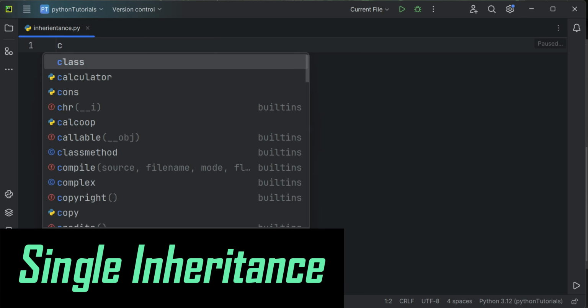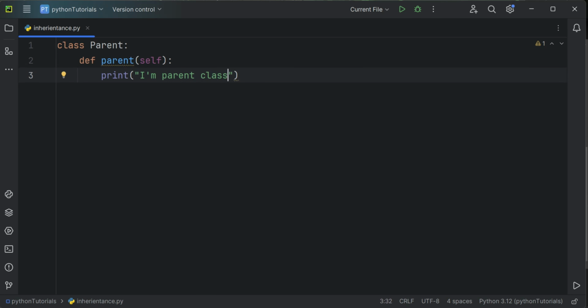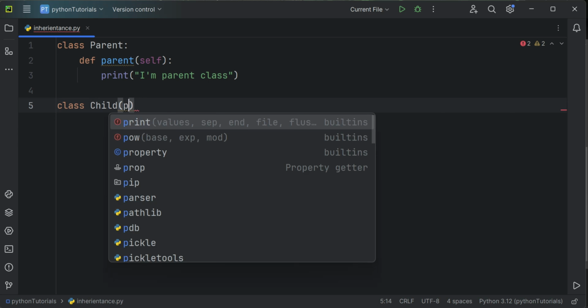Example of single inheritance. Say class, whose name is Parent, then a colon. Then let me create a method whose name is parent, then a set of parentheses. Inside it you will get a self parameter, then inside the method a print statement, say "I'm a parent class", like this. Then create one more class whose name is Child, like this, then a set of parentheses. Inside it you have to put the parent class, say Parent